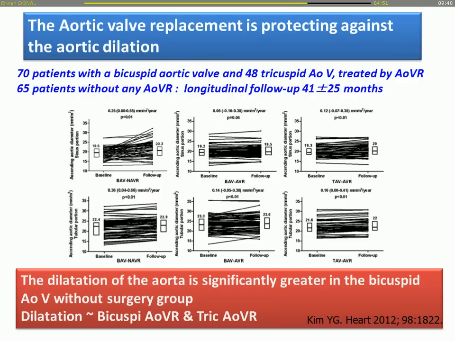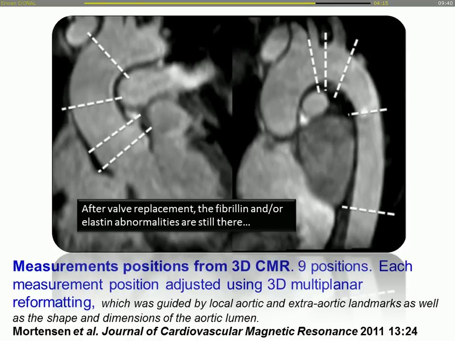And in my institution, I will say, sometimes the surgeon doesn't change the ascending aorta when they operate on the valve, because they think that even if the aorta is enlarged, like 45 or even 50 millimeter, they don't change it if they think that the tissue is okay, because they know that if they change the valve, the risk of increasing dilatation of the ascending aorta will be decreased by the simple fact of changing the valve. But this is one point, but the other point is that we have to keep in mind